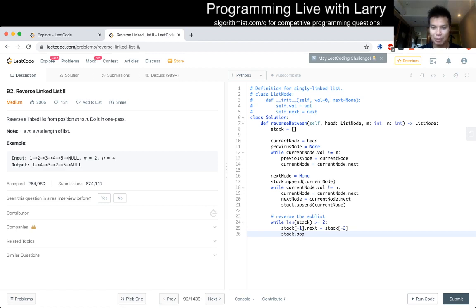Is this pop or pop right? I always forget. Okay, pop does remove the last item. So that's pretty much all we have to do. Now,